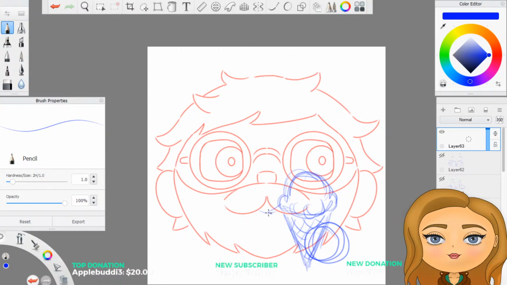And then do we make it weird? I don't know, how do you draw a tongue? Like this.